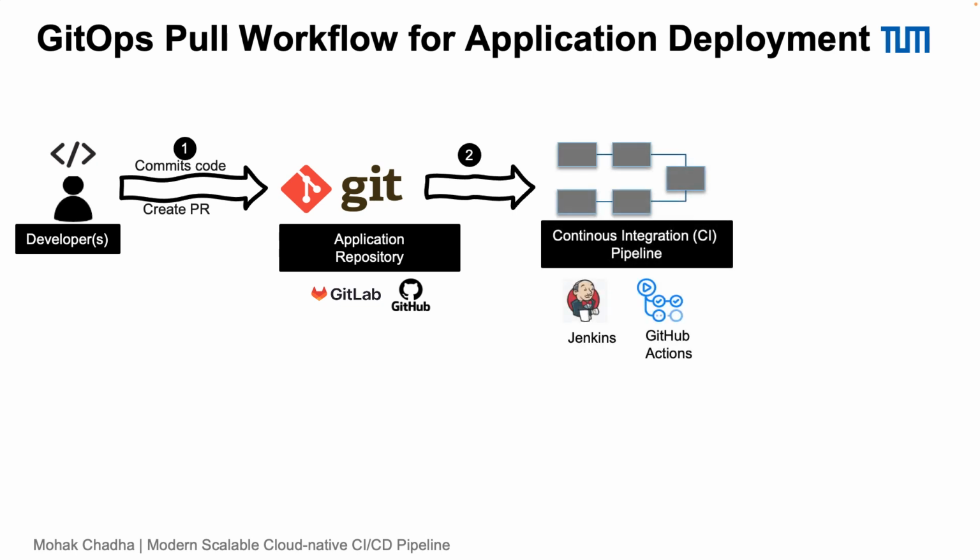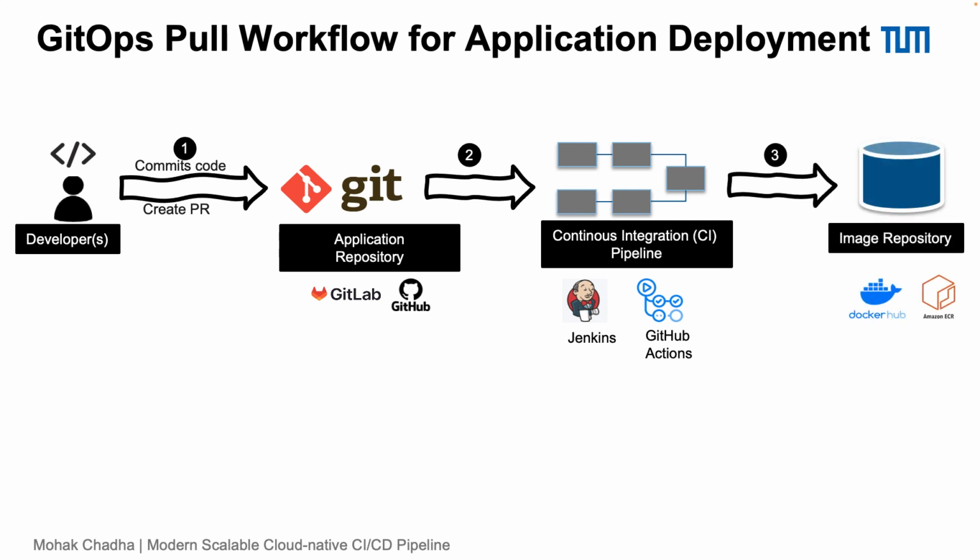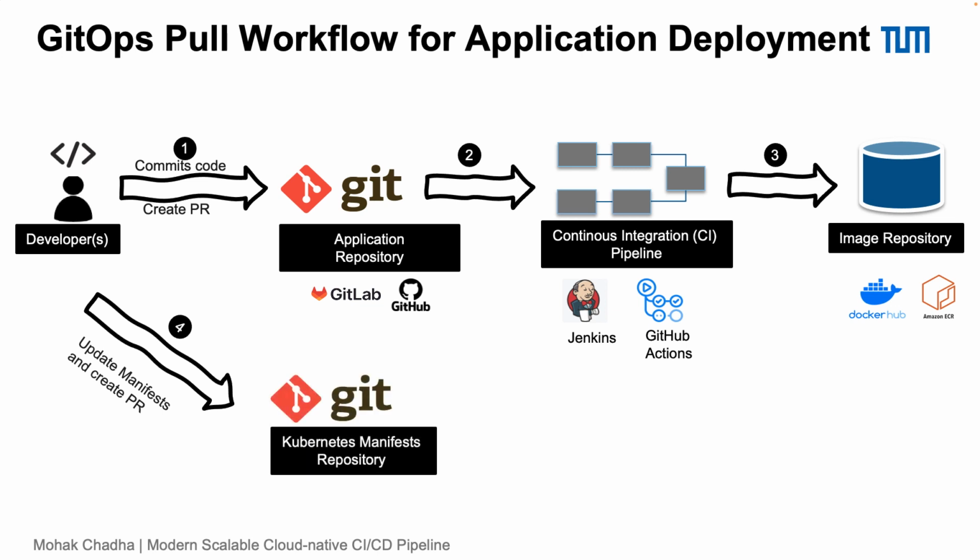The CI pipeline is again responsible for pushing the new images to the image repository, such as Docker Hub, Google Container Registry, or Elastic Container Registry. Following this, the developer updates the Kubernetes deployment manifest with the new image information manually or using something like Kustomize.io